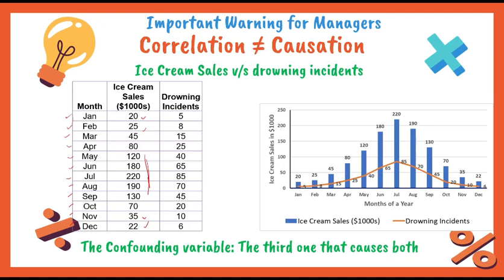That means the number of people who died due to drowning during these particular months in that particular town, maybe, or in that particular state. In January, 5 people died. In February, same year, 8 people died. In March, 15 people died. And here also you see that from April onwards till October, there is a high number. After that, there is a decrease: November only 10, December 6, January 6, then 5, 8, the same as